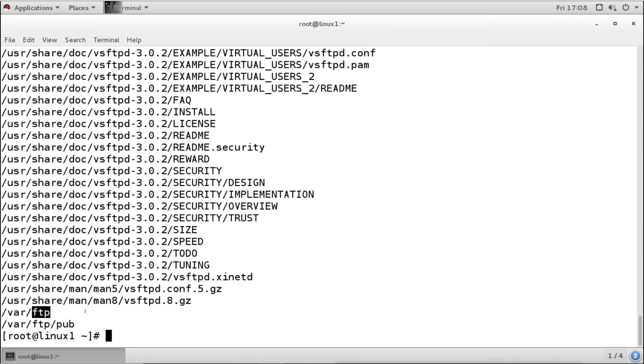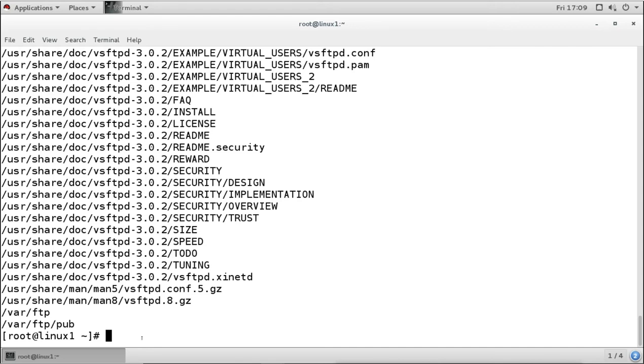So we have a server, and the server stores all the files, and clients upload and download the files. This is the default directory for users, where users can upload and download files. In that directory we have one more directory, pub. Pub means public directory, that means it is for everyone. Now we know these are the main important files for the FTP services.